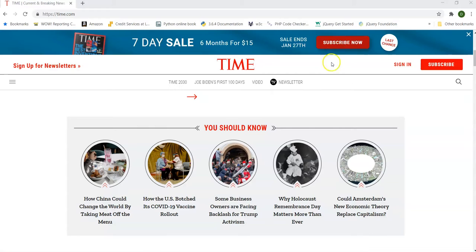So the next thing we're going to go over is size, the size of the different elements of the site. As you can see, Time is the biggest, as that's their brand. And then the next, to scale down just a little bit, would be the subscribe and the subscribe now and the sign up for newsletters, as well as the sign in, as they want you to obviously sign in and